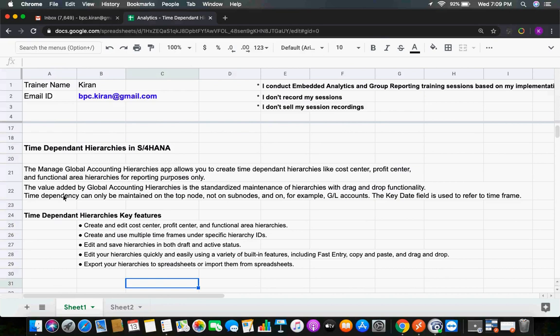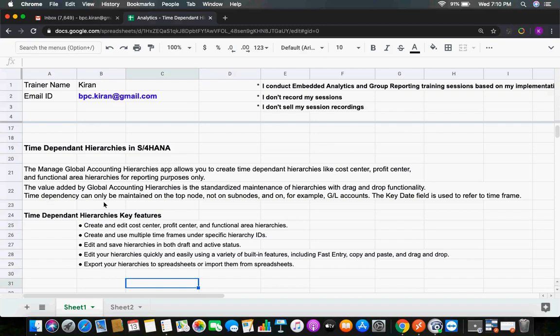The value added by global accounting hierarchies is the standardized maintenance of hierarchies with drag and drop functionality. Standardized maintenance in the sense that any finance reporting hierarchy, you can create using this global accounting hierarchies app.